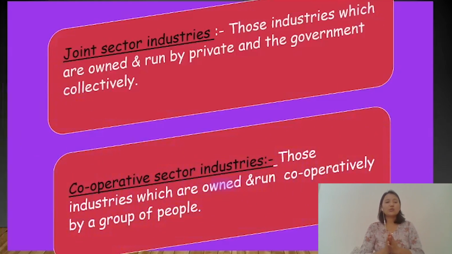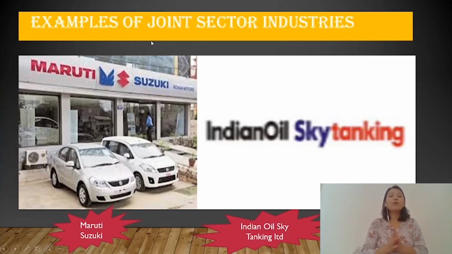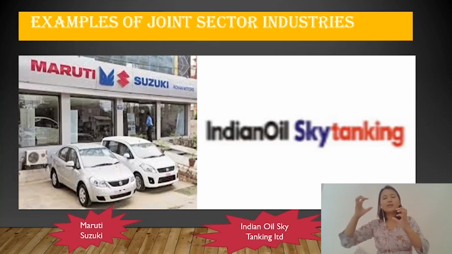And the third one is joint sector industry. Joint sector industries are those industries which are owned and run by private and government collectively. So this is an industry in which private and government have come together and they are running the industry collectively. So an example of joint sector industry in India is Maruti Suzuki. Maruti Suzuki is a company which is run by the Indian government and a company from